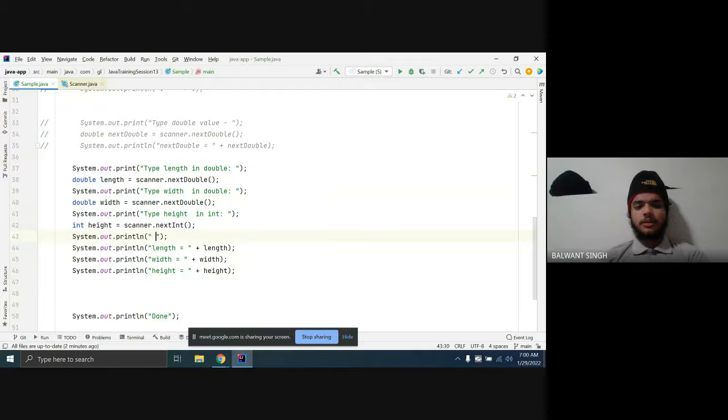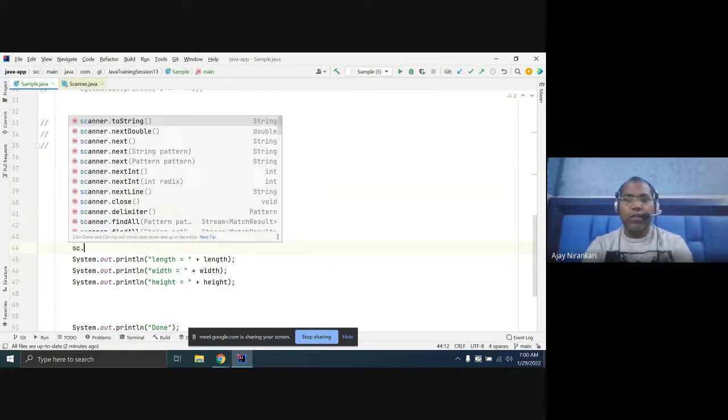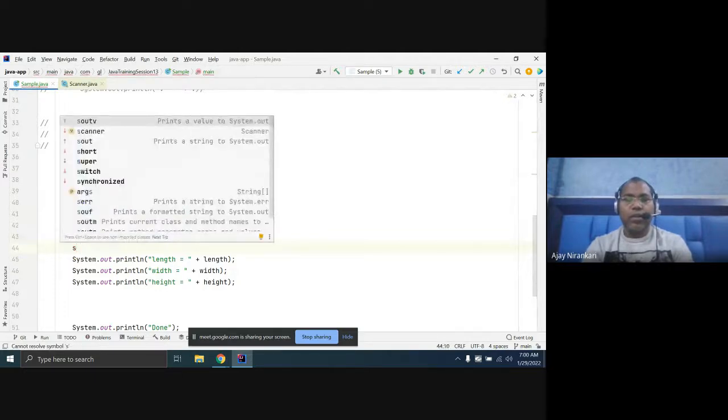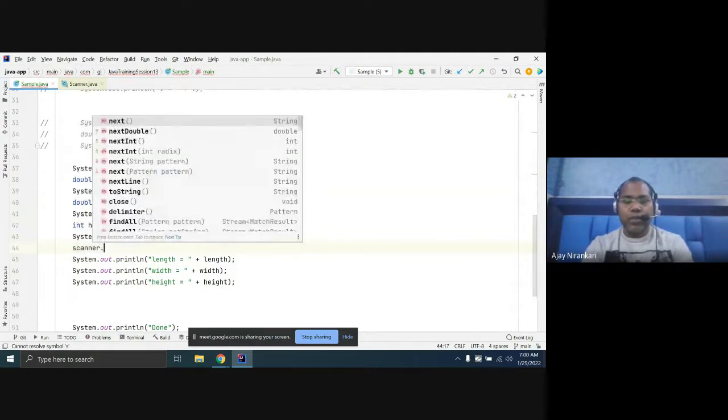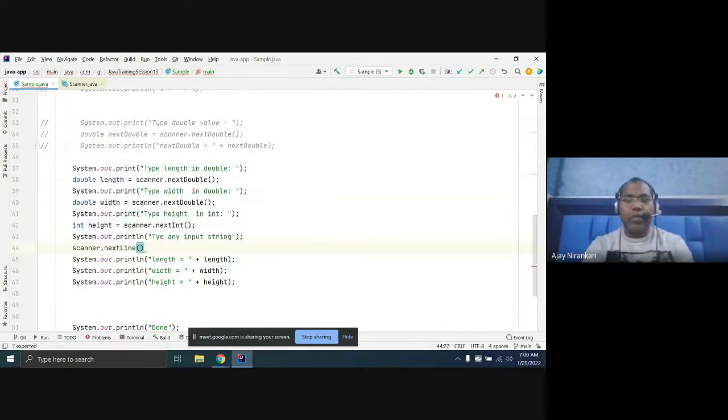So here, type any input string, let's assume, and just say scanner dot next line. Okay, and you'll get it in a variable.